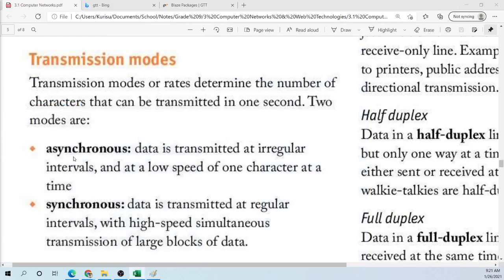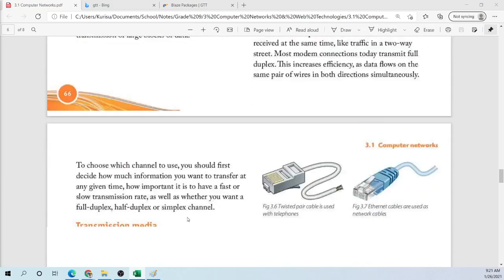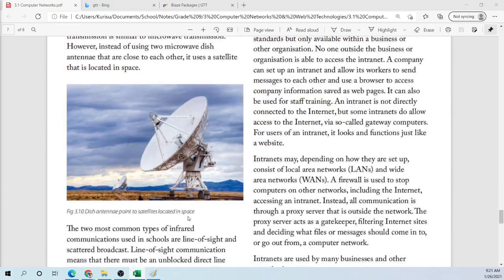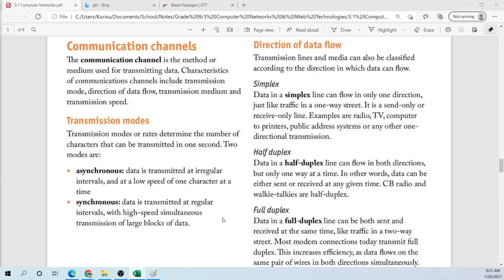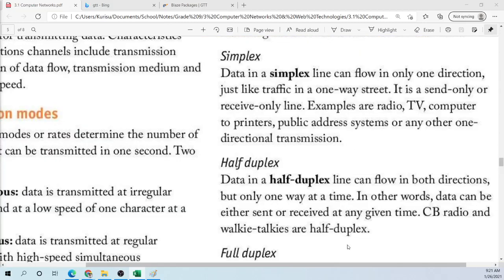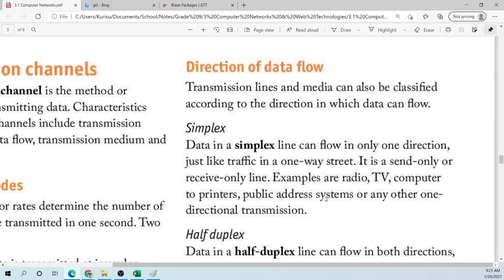Good. So that is asynchronous and synchronous. Those are the two modes that data would use to be transmitted. Today, because we need more speed, that is why we have synchronous being used. But in some cases, we still have asynchronous in use. You'll see that when we are talking about internet connection. It's either this chapter or the next chapter, one or the other. Anyway, just remember how the data travels across the line for those two modes. So now next we're going to look at direction of data flow.